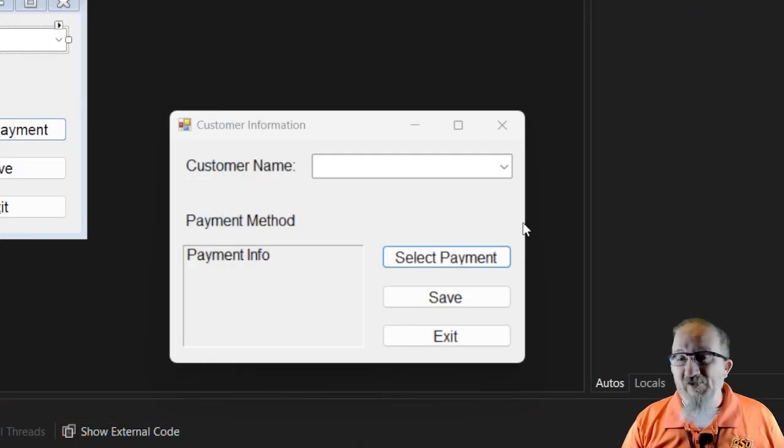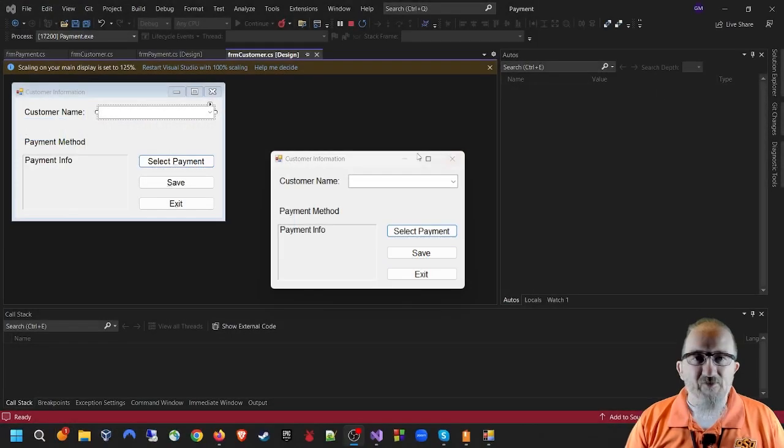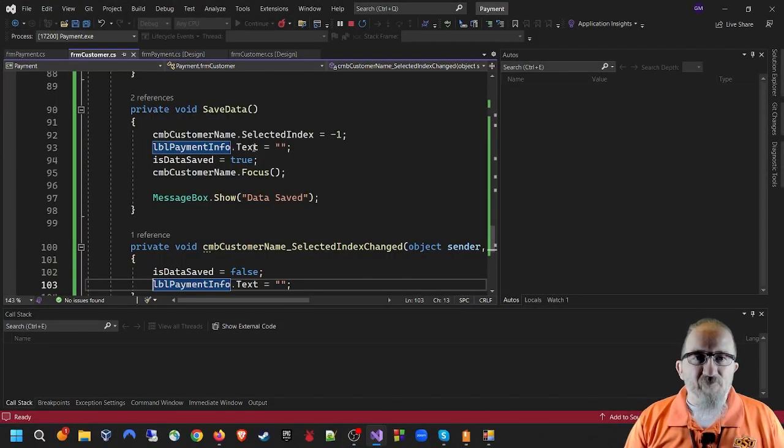At this point, we actually have everything, so we can save the information and exit the form. But one thing I didn't show in the last video was our ability to select the form and see the second form. When you click on select payment, if you remember from the code that we did, let me back it up just a smidge. We'll view the code,